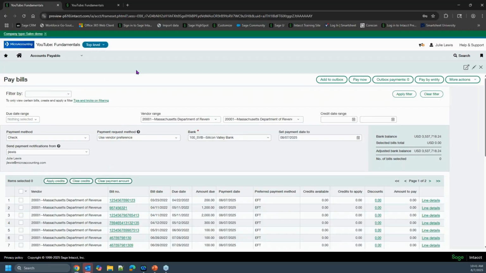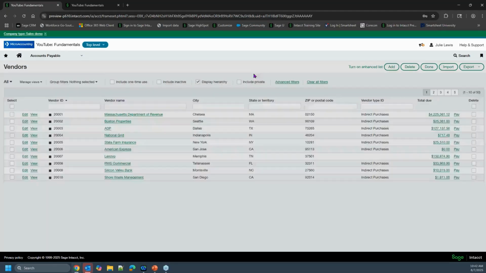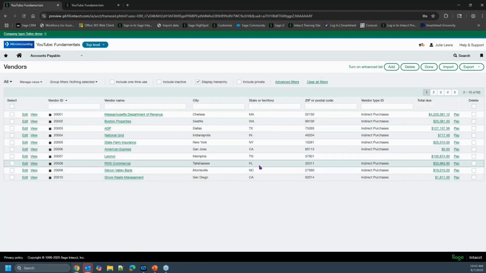But now it just allows me to already select those bills. Those bills would already be selected in my view, and I can hit pay now. Whereas with pay bills, I come in here, I either pull a date range or I pull a vendor, and then I have to go select. So it just kind of saves clicks. Once you close out of here, you'll land back on the vendor page.